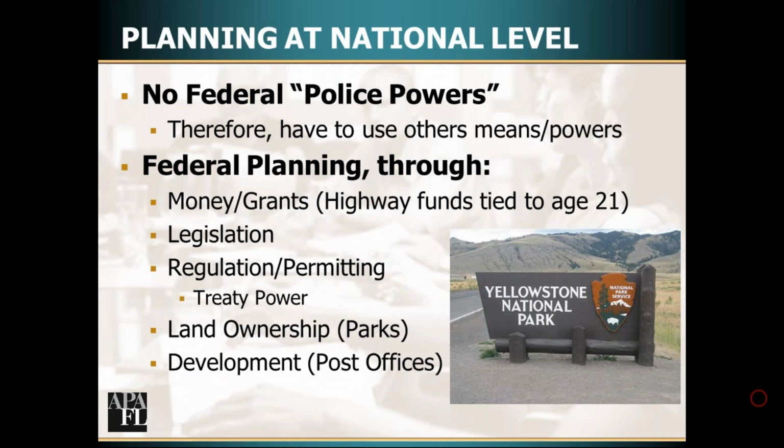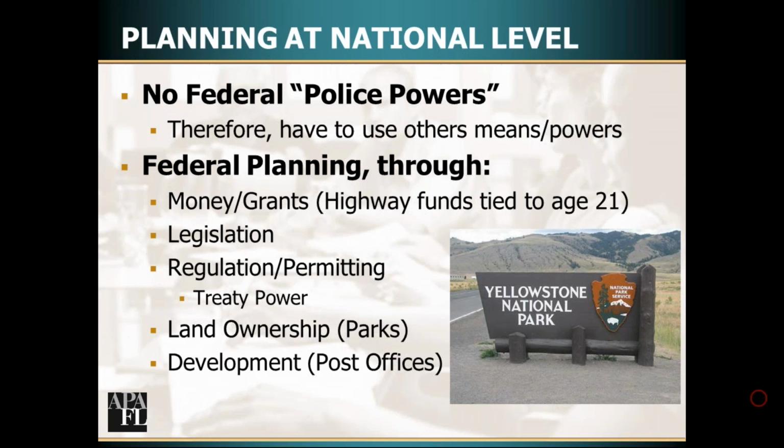So how does federal planning work then? Well, you do it through money. Why do we all have a drinking age of 21 in the United States? Because the federal government said, if you want highway trust fund money, ye shall do what I say and have the drinking age at 21. Just yesterday or today, the current administration won a case that said we don't have to give money to some of these local governments that are starting to have sanctuary cities. So, power of the purse. You don't get these federal funds unless you do what I say.